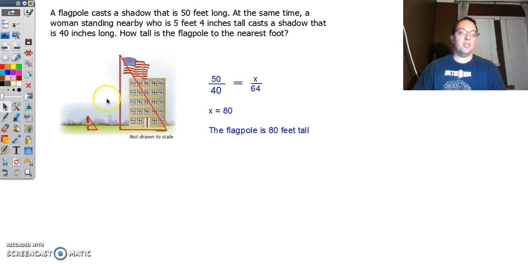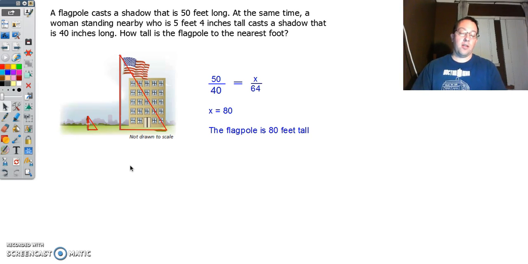And this is something that's very useful. We can use similar triangles to measure things that we normally couldn't measure. Things that are too tall, because we don't have a tape measure that's 80 feet long. And even if we did, it'd be kind of hard to get it up there, right? But also things where you can't really get across, like how wide is a